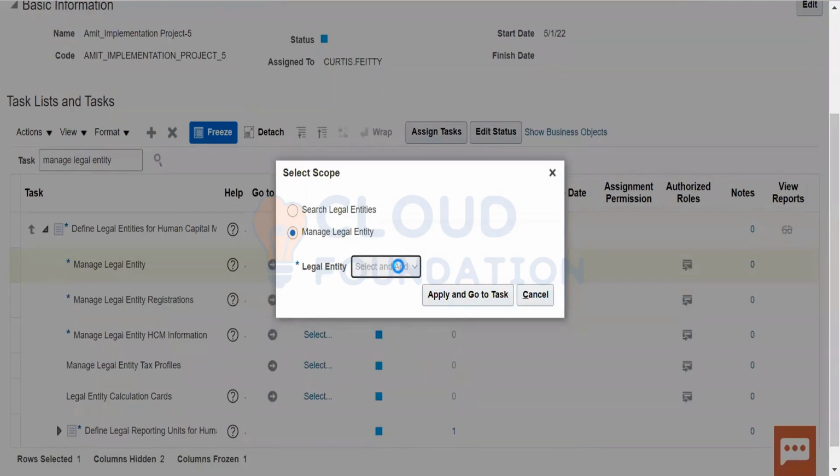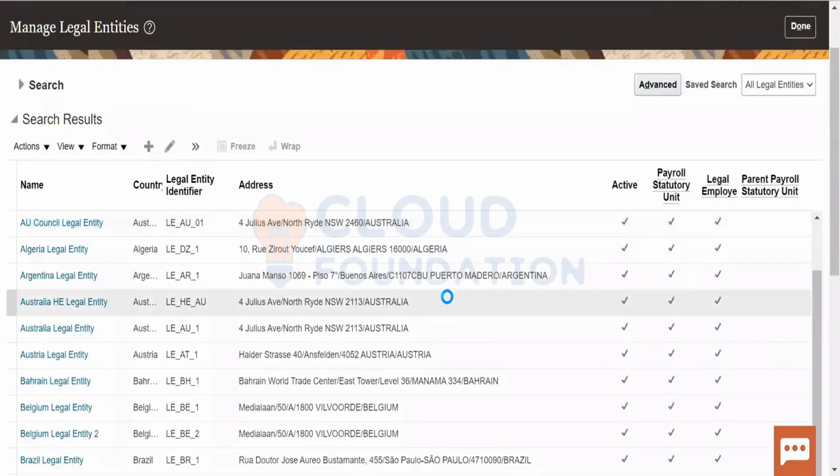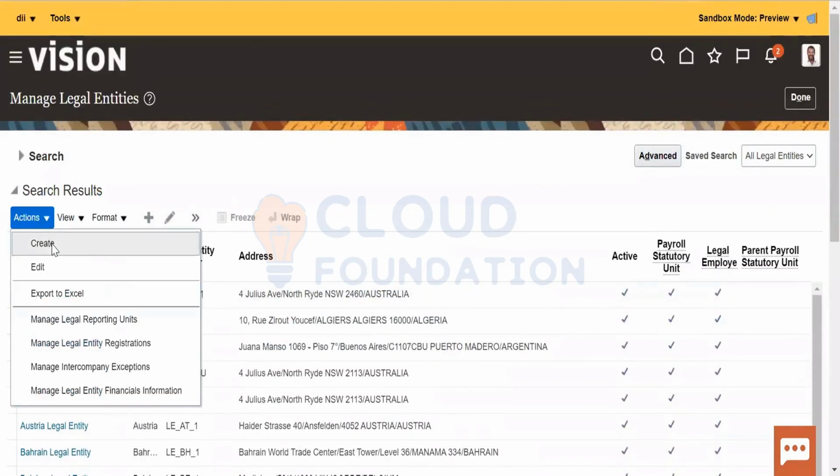Select a new one, you have to get a new one. Okay, go to task. Okay, now go to actions, create.